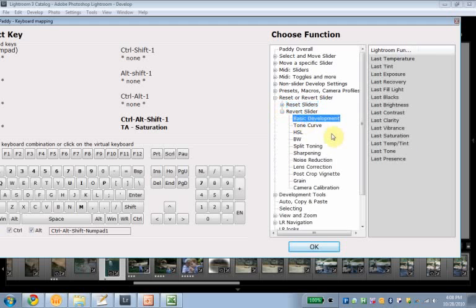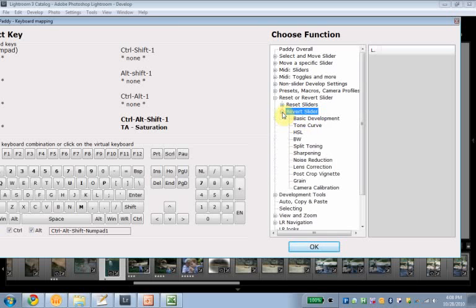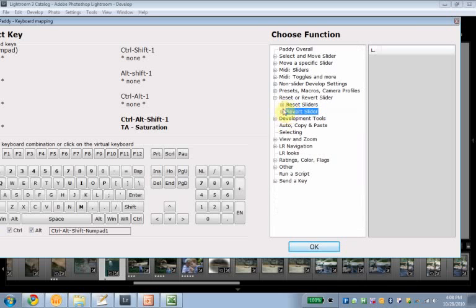Revert. Paddy has a built-in memory where basically it remembers the position of the slider before you moved it within Paddy. This only works with Paddy keys or MIDI. It doesn't work if you move the slider with the mouse. But this reverts it as opposed to resetting it. So if you played around with something and you can't quite remember where it was earlier, you can revert again